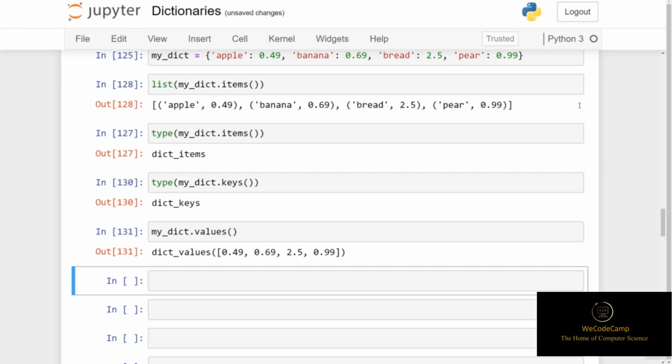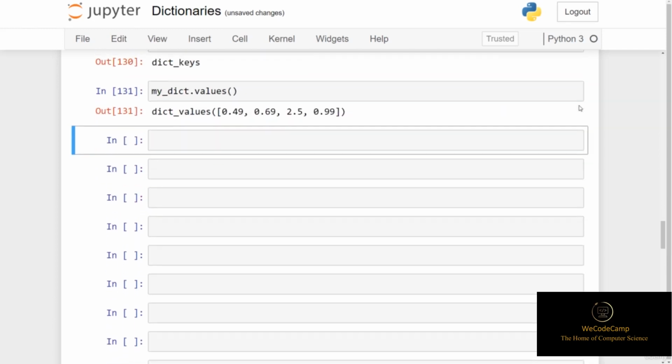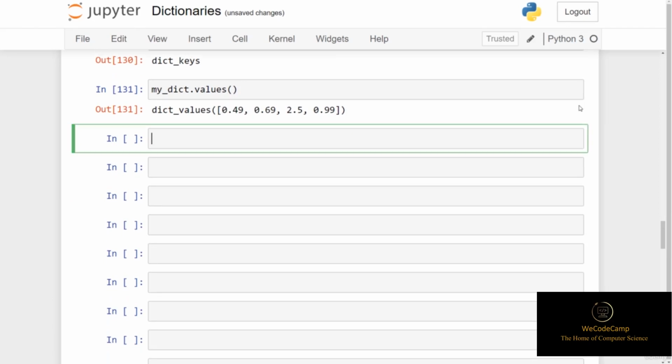Now I just want to introduce a concept which we will cover in much more detail later in the course when we cover control flow, but it's the concept of looping. So these methods that we've just gone through come in very handy when we want to access all elements of a dictionary. So please don't worry about the syntax that I'm using here, just try to follow along with the concept. So if I start by typing for value in,